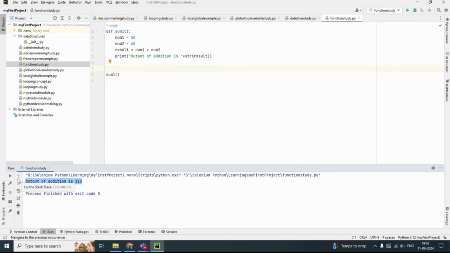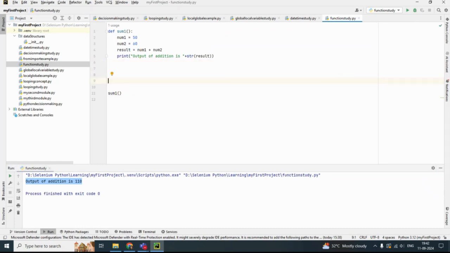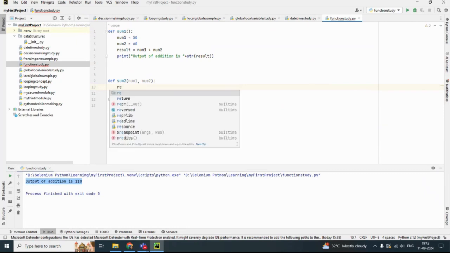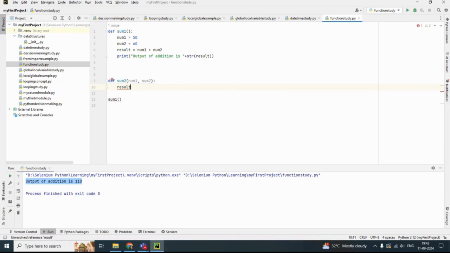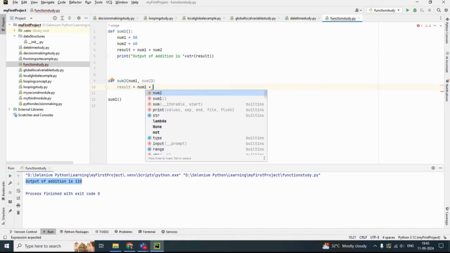Now we'll make another function and name it sum2, and pass my variables num1 then num2, and again the result is num1 plus num2,